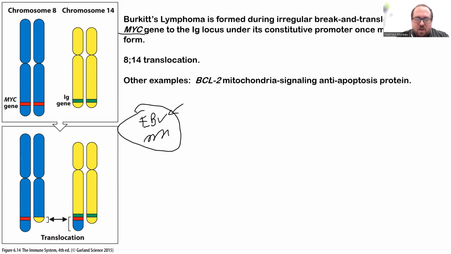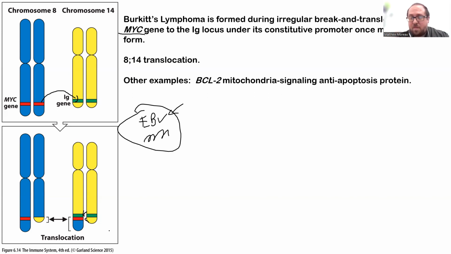So the translocation from 8 to 14 puts MYC under the control of the immunoglobulin gene locus, which is then going to just mass produce MYC because the B cells are always